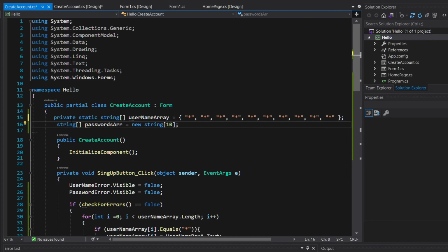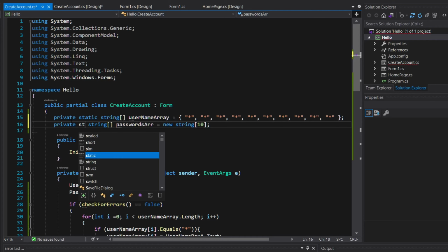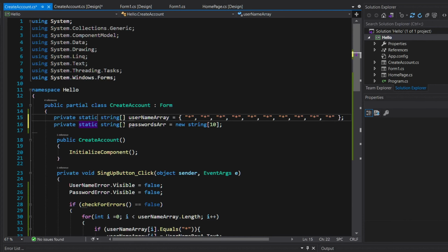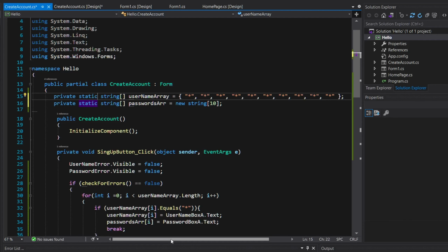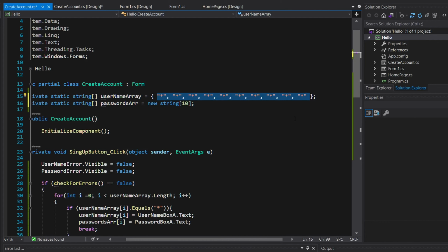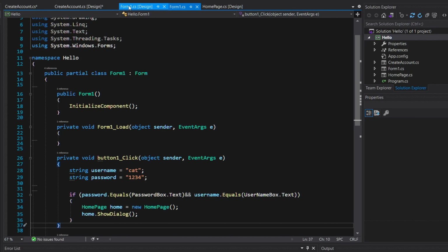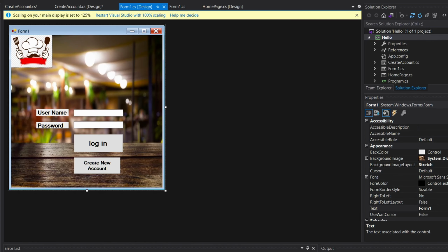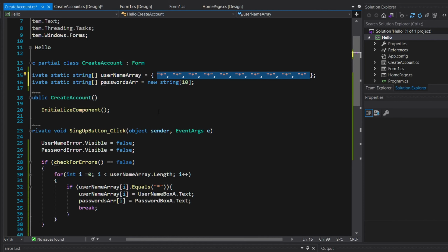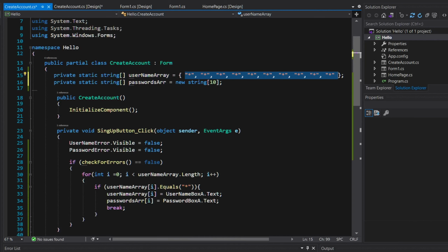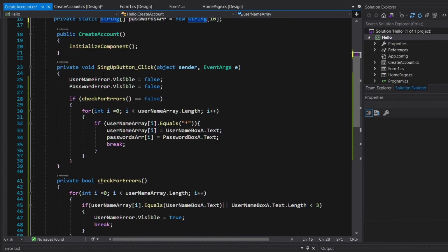These two arrays will not change. Okay, so we will store all the variables and they will not change, so we can use them inside of the login screen. Okay, so in the create account, we make it private, static, and string, and then we want